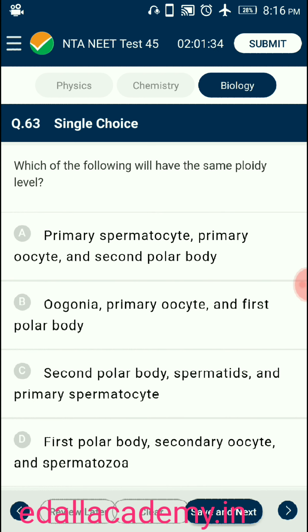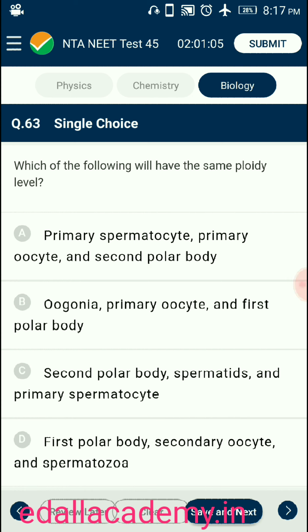Question number 63. Which of the following will be haploid? In human females during oogenesis, the diploid structure with 46 chromosomes, that is 44 autosomes and 2 X chromosomes, is oogonium, which divides mitotically and gives rise to the primary oocyte. Secondary oocyte, first and second polar body and ovum are produced as a result of meiotic division, and hence they